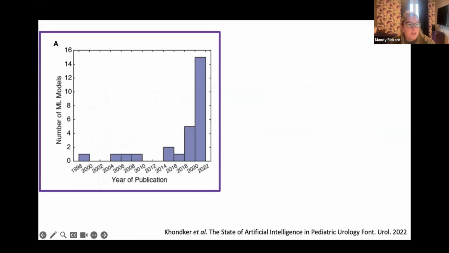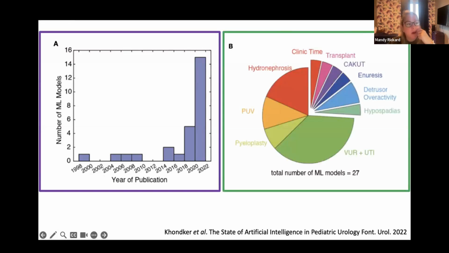Since then, the use of machine learning technologies in peds urology has multiplied. And in fact, more and more machine learning algorithms are coming down the pipeline than ever before. We recently published this paper demonstrating the exponential rise in the quantity of machine learning algorithms over the last 25 years. And now we're starting to see models in a number of different pediatric urology domains, as opposed to congenital kidney anomalies, which is what we tend to focus on the most.